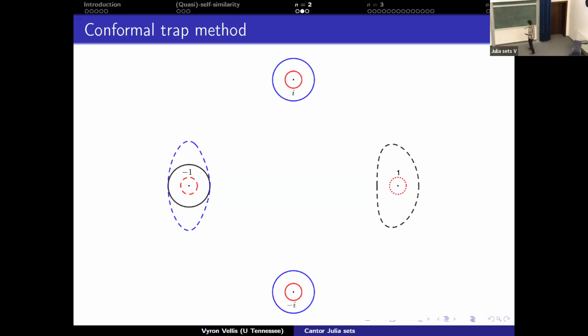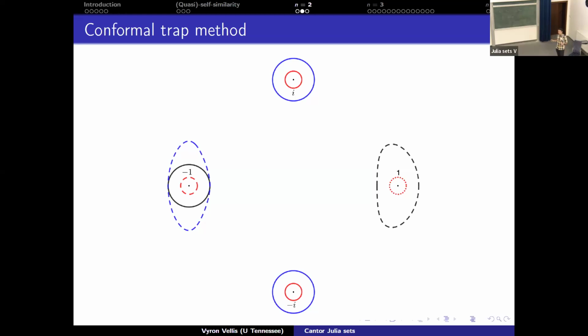This is G. Now phi is an inversion with respect to this small red disk. Okay, so now let's see what happens. If the orbit of a point ends up inside this red disk, then it stays here forever. So this is what we call a conformal trap. It's trapped inside this red disk. Indeed, if it ends up here, then G is going to map it by translation here, and then the inversion is going to take it back in. So anything that ends up in this red disk stays there forever.